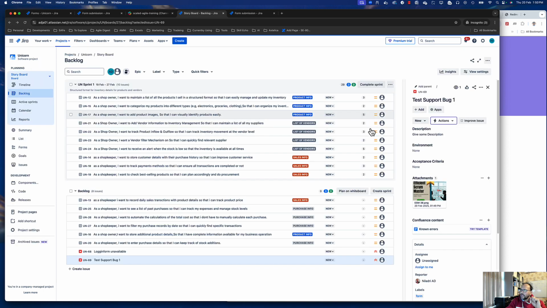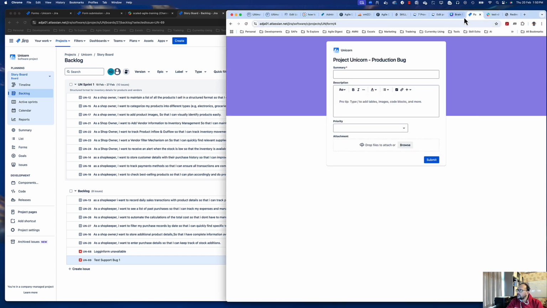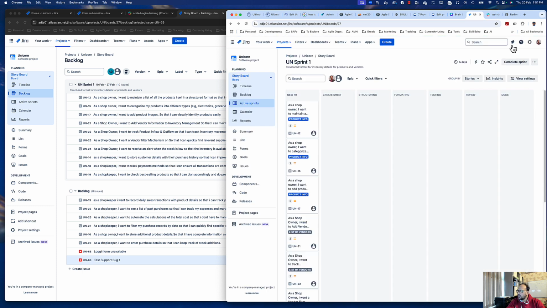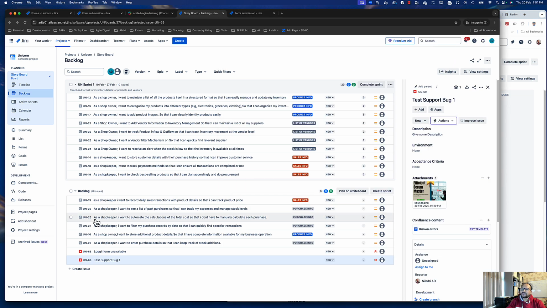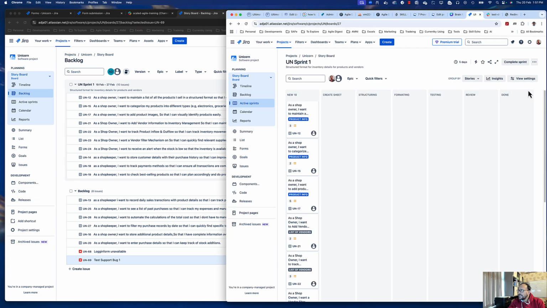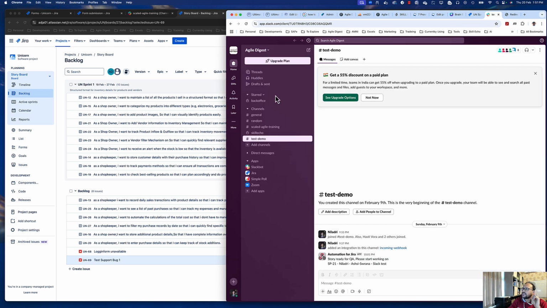Now once we have created it, many times what happens is people miss these notifications. Whatever notifications I have received on my Jira instance, I may miss them. So there is another option for those forms. You can send it to Slack or any other integrations you have made, Teams or anything. So we will quickly show you how you can send that notification to Slack very easily through Jira. For that, let's go into Slack,